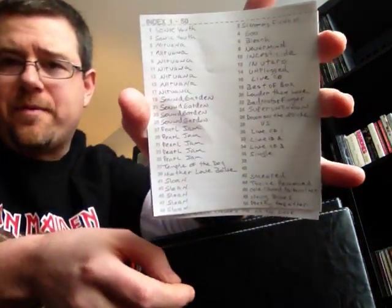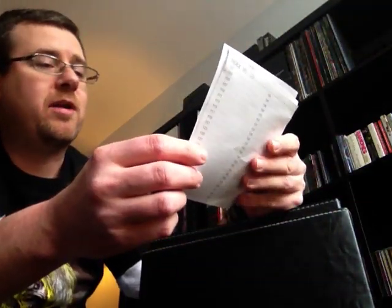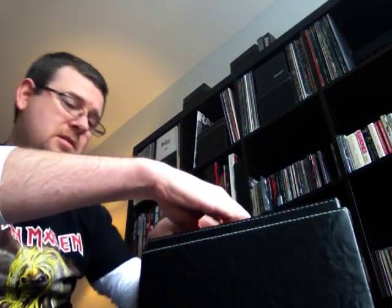Rather than just flipping through and trying to recognize the CD cover to see who it is, you just have to open the lid. I keep these right on top, and this basically shows the artist and the number. So for instance, if I wanted to listen to Soundgarden, Badmotorfinger, I know that it's 21, and then I just have to go to 21 and pull out